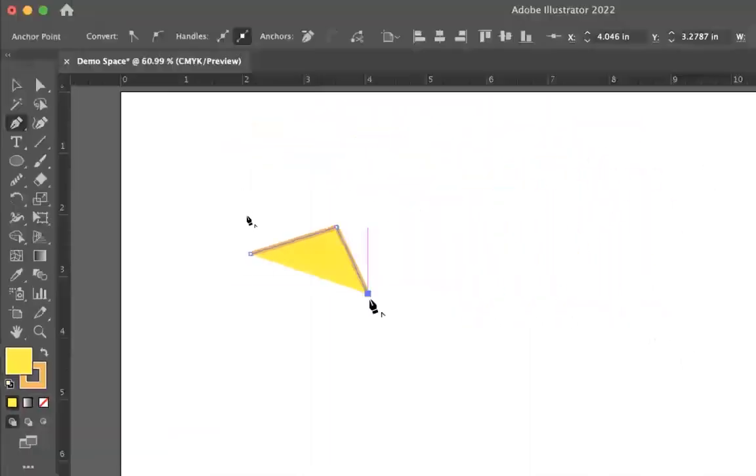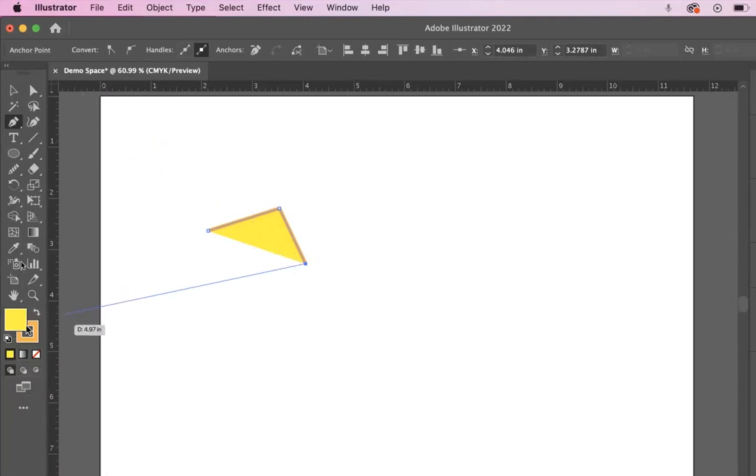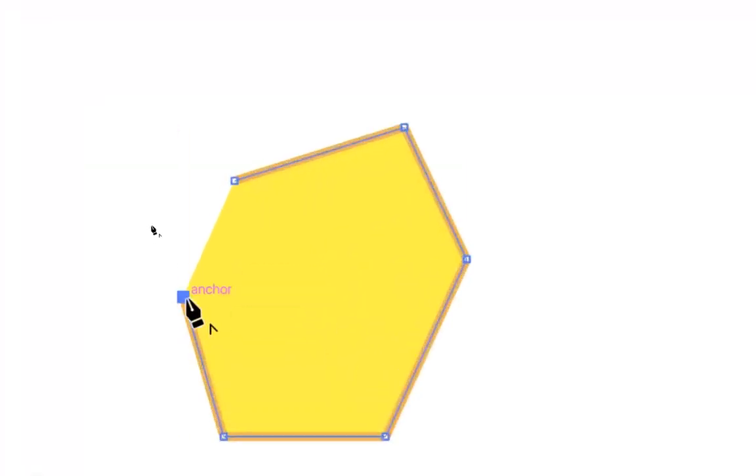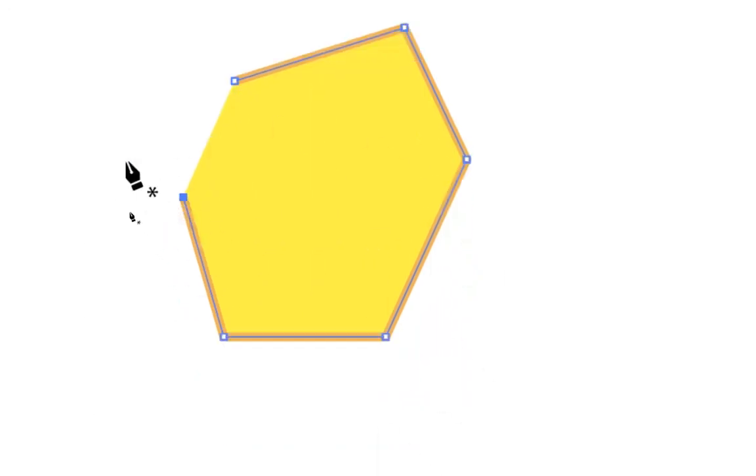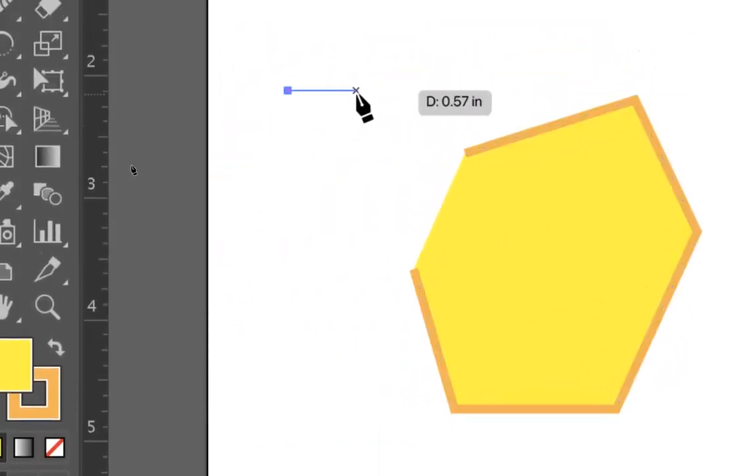Since I've told it that I want to have a fill of yellow and a stroke of a darker kind of yellow, then it's automatically doing that. And as I click around, it'll continue to make that until I either bring it to the end part or press enter. I'll show you the difference between pressing enter or bringing it to the end part. So if I press enter, you can see that it stopped that shape and I can start clicking around